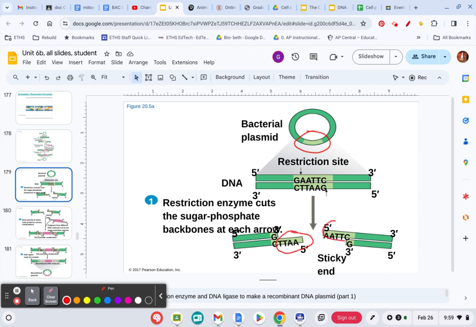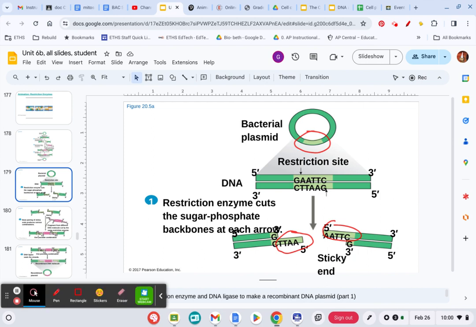Okay, so now we have these base pairs that are single. They're no longer paired together with their matching nucleotide, and they're not happy about that. They would like to come back together. They would like to stick back together. So we're going to take that piece of DNA, and now we have basically an open circle. So now instead of having a circle, we have it a little bit open, and we've got sticky ends on either side. So now what we can do is take